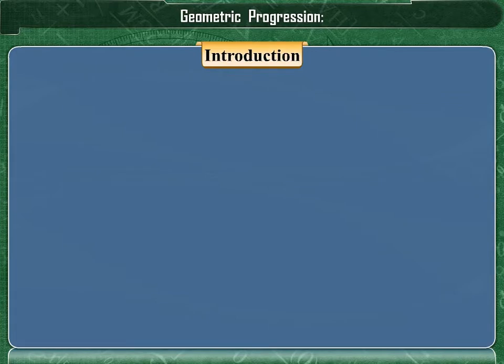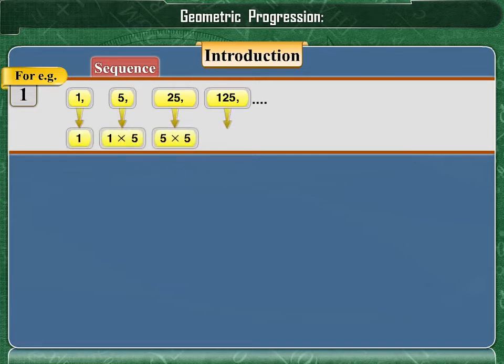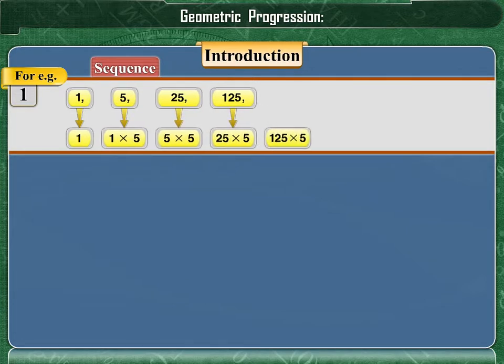Geometric progression. We shall now study the next type of progression known as geometric progression. Consider the sequence 1, 5, 25, 125 and so on. Can we find the next two terms of the sequence? Yes, we can. What are they? Here, each term is obtained by multiplying the previous term by 5. Therefore, the next two terms are 125 into 5, that is 625, and 625 into 5, that is